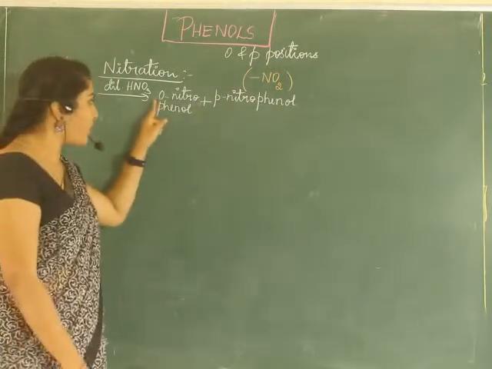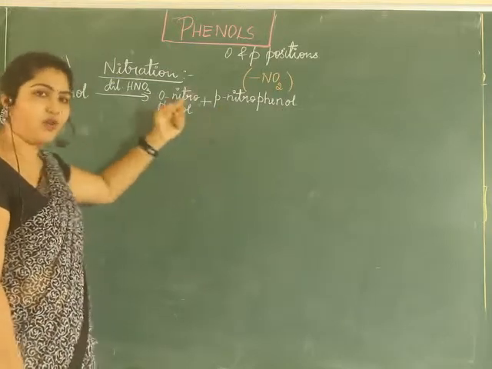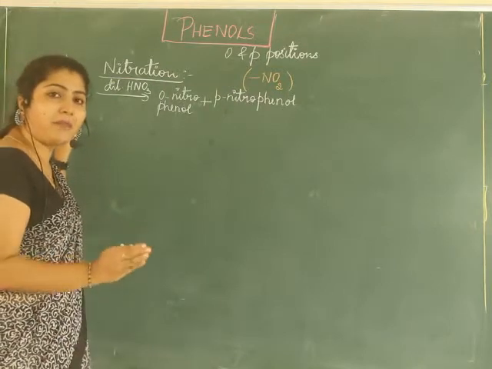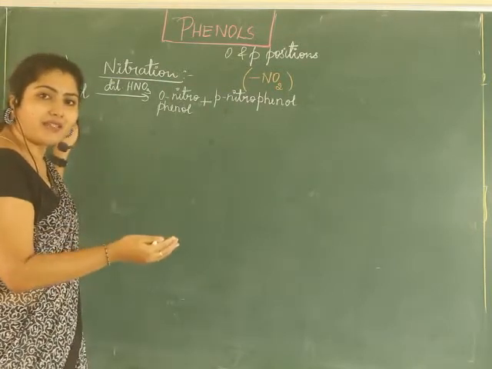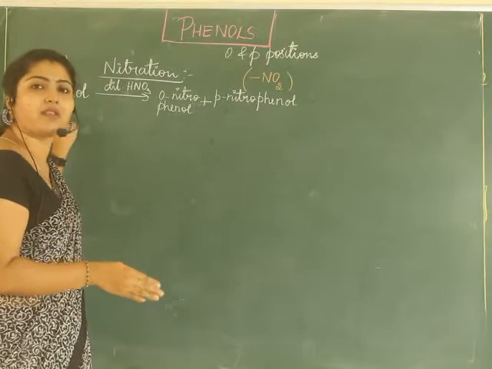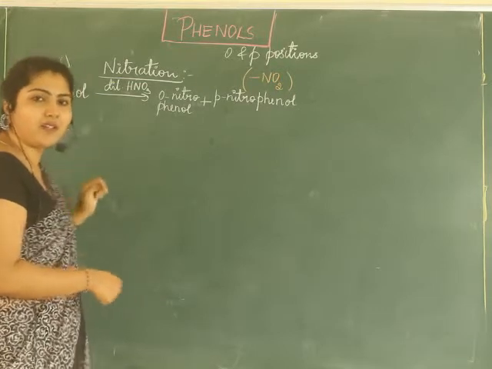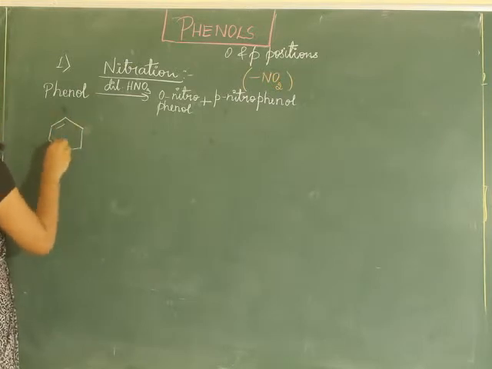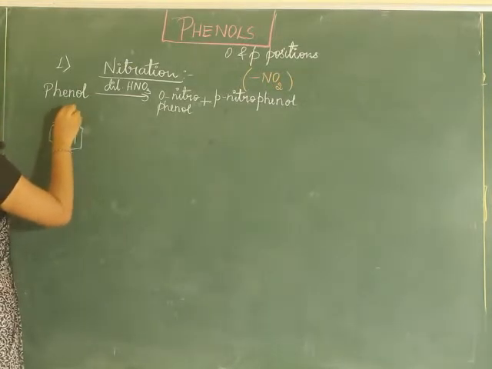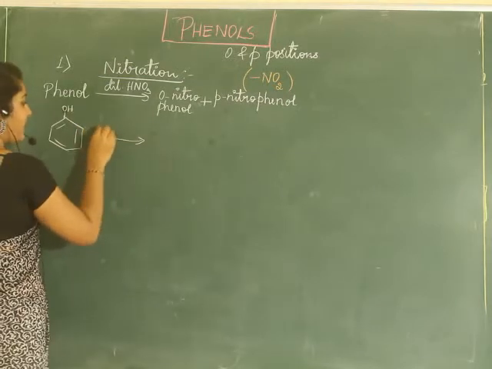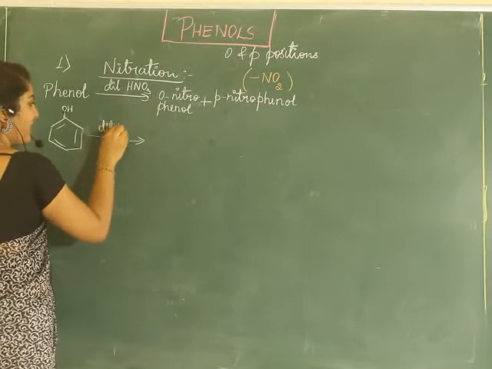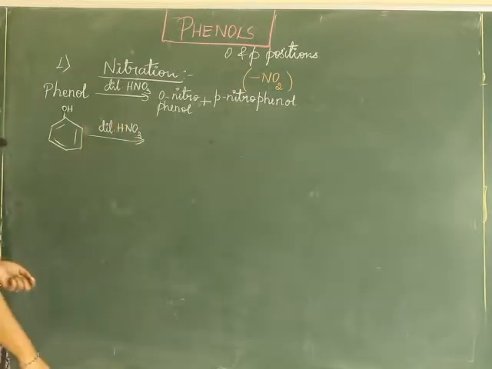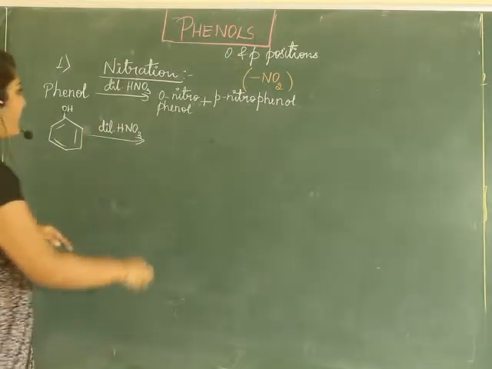Now you know which is ortho position, which is para position. You know the structure of phenol also. That's it. We have to just remember what exactly the reaction is taking place and then it's just a simple thing to write the reaction. So write the structure for phenol now. Phenol is what? Benzene ring with OH. It reacts with dilute nitric acid at low temperature, dilute nitric acid to form